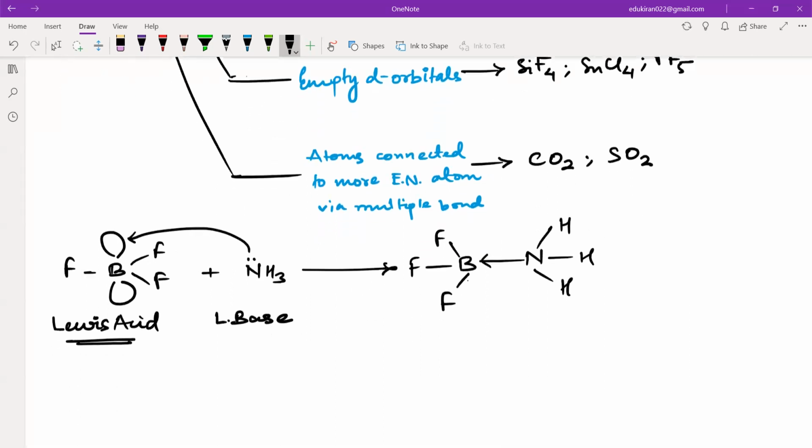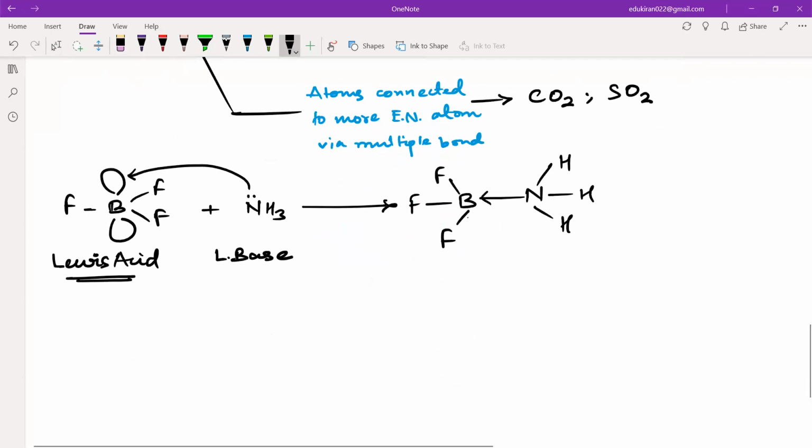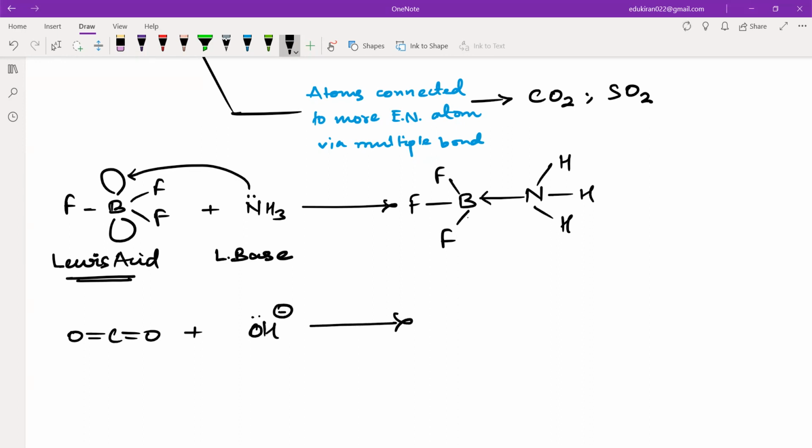And one example from the CO2 molecule, we have carbon double bond oxygen, double bond oxygen. So if I react this in the presence of an acid, that is, let us say, no, sorry, this is already an acid. We'll have to react this in the presence of a base, let us say OH negative. So in this case, what happens? This oxygen has many lone pairs. One of the lone pairs will attack on what? The carbon atom, because we know this will be delta negative, this will be delta negative, this will be delta positive. So this oxygen atom will attack on the carbon atom,